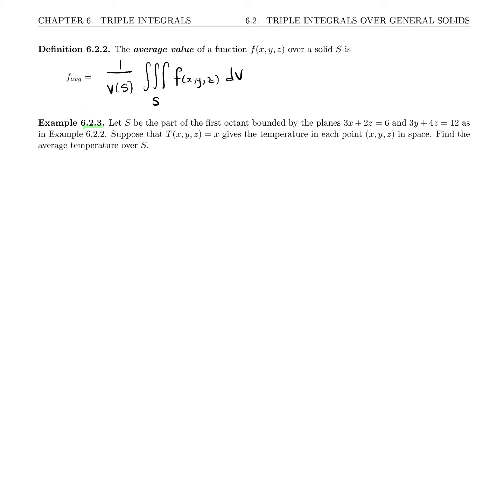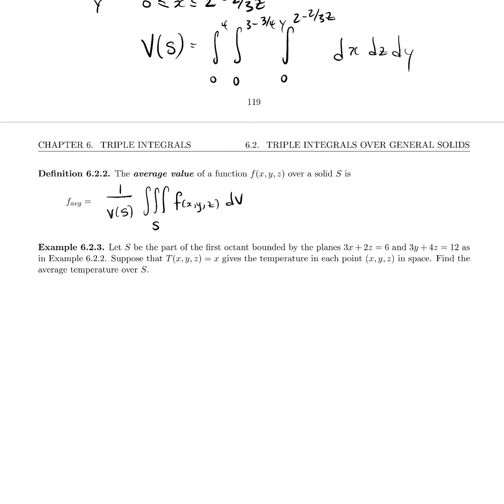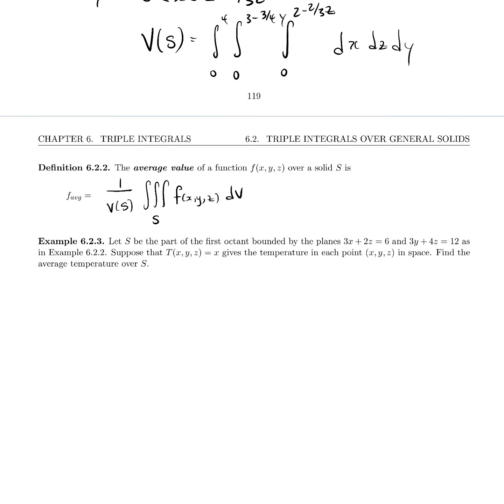Example 6.2.3 says, let S be the part of the first octant bounded by the planes 3x plus 2z equals 6 and 3y plus 4z equals 12, as in the previous video. So we have that already set up. We're just going to borrow the result that we have there. So there is the volume that we need to calculate, set up over that solid S as a type